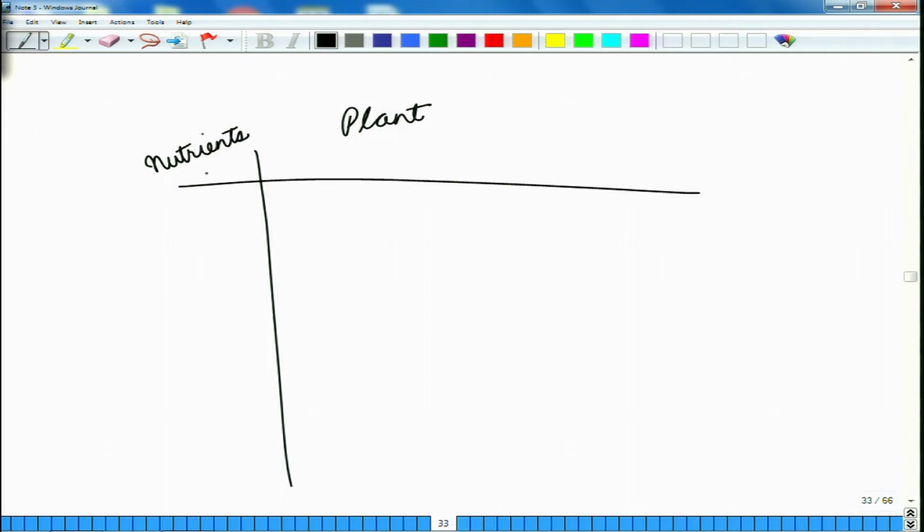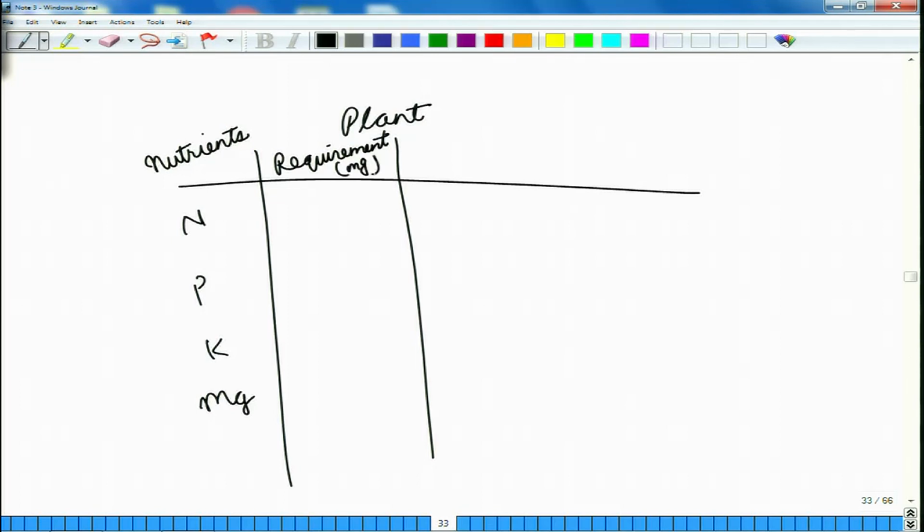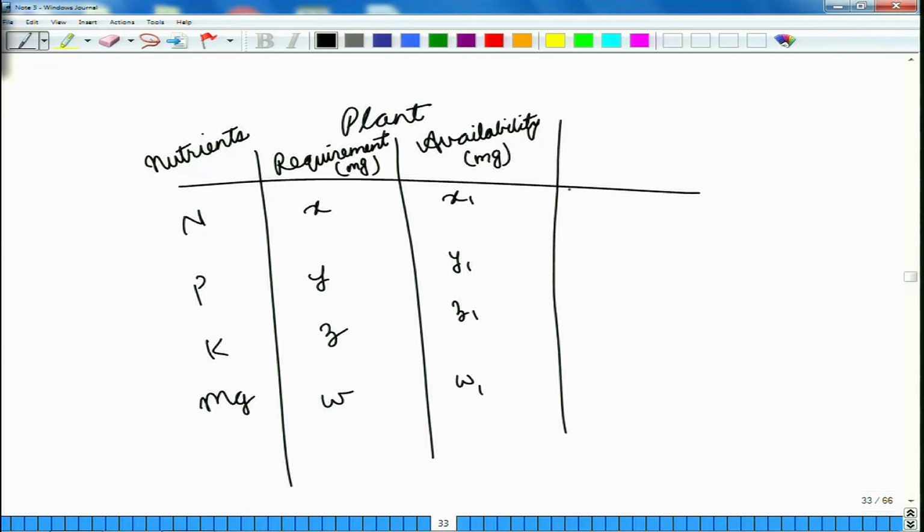So, we have a requirement for say nitrogen, phosphorus, potassium, say magnesium and so on. Now, we will have some certain requirement for each of these, which could be stated in milligrams. So, say it is X, Y, Z and W. Then we have an availability, again in milligrams, which we can say as X1, Y1, Z1 and W1. Now, we would have another column called the relative availability